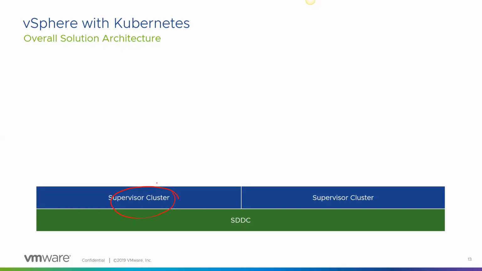All right, so again, getting back on track, I have my SDDC, I have my clusters, I go into vSphere, and I say I want to enable one or more of these clusters as a supervisor cluster. Once I've done that, I would then go in and carve out namespaces, one or more namespaces. Remember, with namespaces, I have the ability to define resource allocation to the namespace. I have the ability to define role-based access control and authorization, and therefore say this business unit has access to this namespace and can therefore deploy pods within this namespace. And that's all they have access to. So they have access to this one, but not to that one.